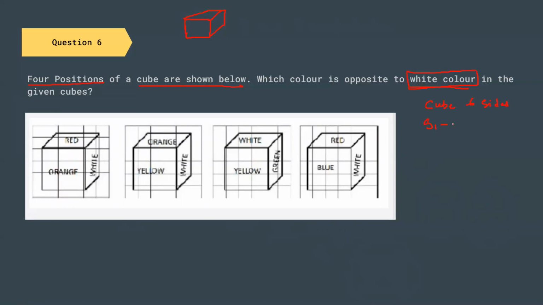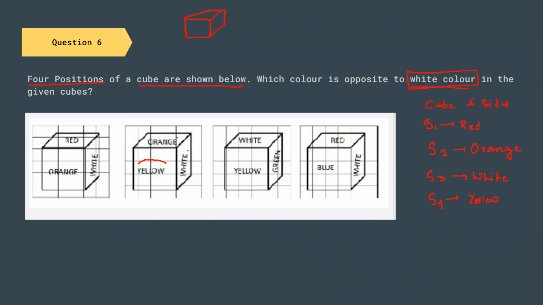First, side 1 can be red. We can see here side 1, one of the sides is red. Side 2 can be orange. Side 3 can be white. We know that these are the colors of the sides. Like we know 3 of the sides. Again, we have already seen orange, we have already seen white, so we are left with yellow. So yellow will be another side, like side 4 equal to yellow.